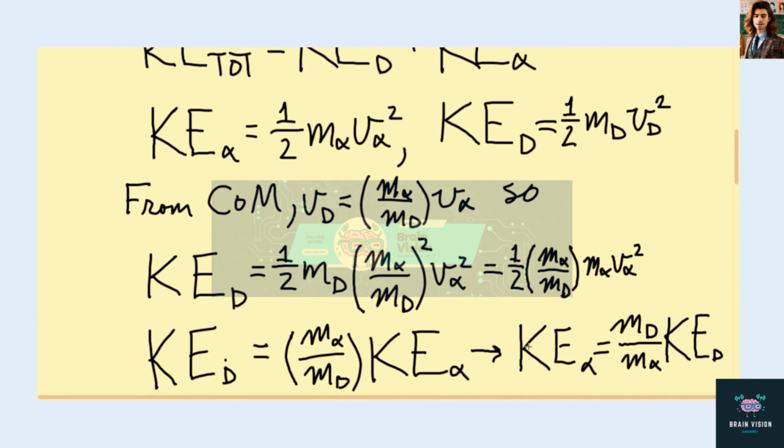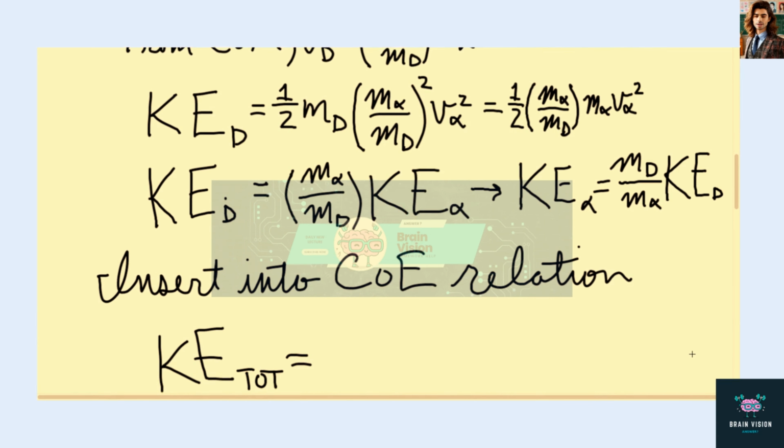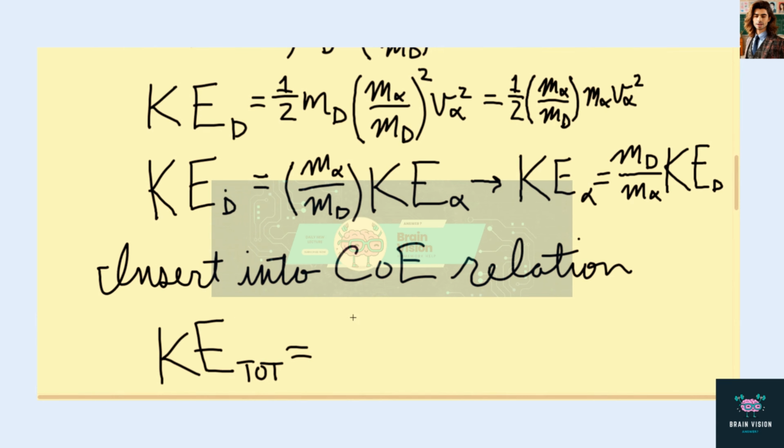And that way, doing this, we can get rid of this kinetic energy of the alpha particle in our final relation and only consider kinetic energy total and kinetic energy of the daughter. So let's do that here. The kinetic energy of the daughter, just as before,